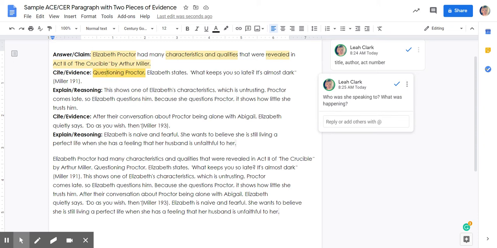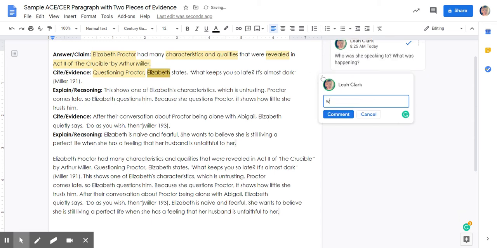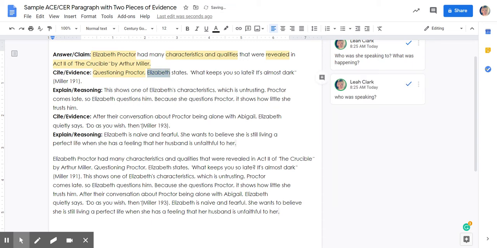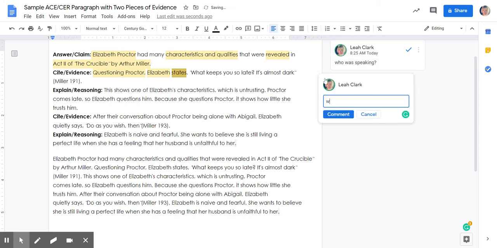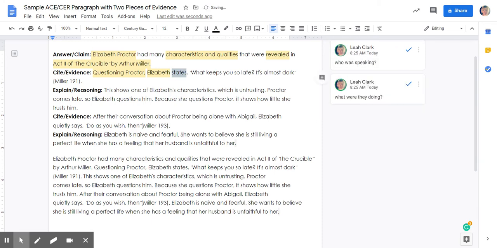I love how this person used a phrase. It's a beautiful phrase opener. And then we have who was speaking and what were they doing? And then we have this quote,